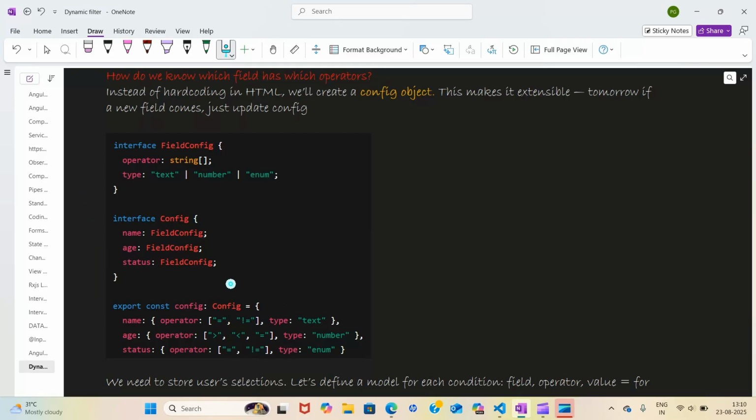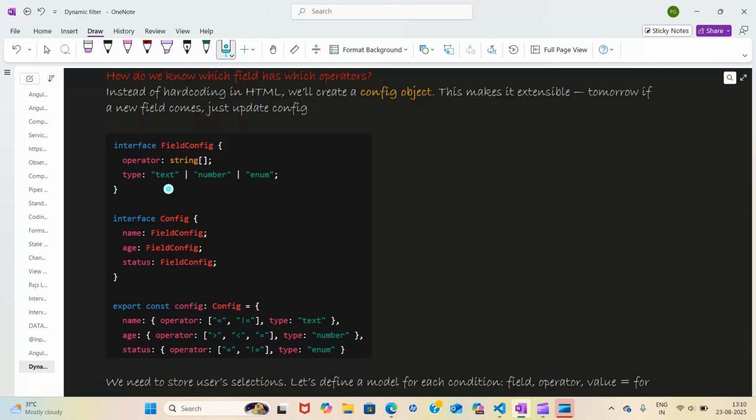So that's why we created one interface, FieldConfig, which has the information about the fields. So field information, about the field data we can say. So now operator will be a string array, right, where we will give values. This type can be of three types.